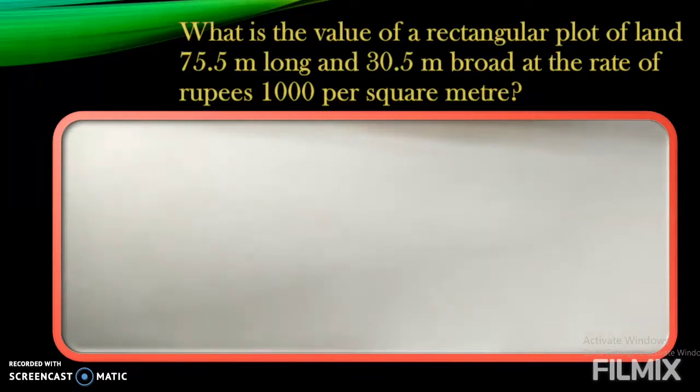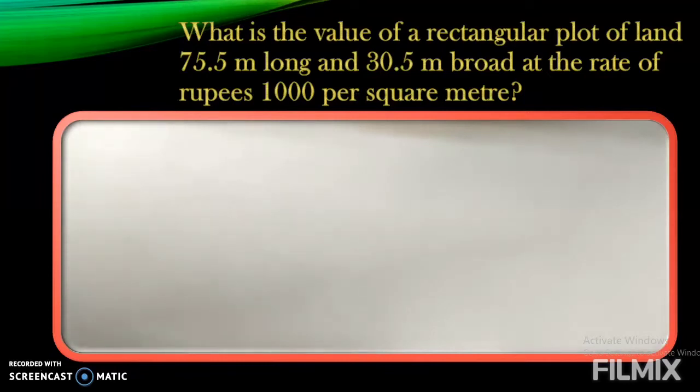Now here many students are getting confused that whether we have to go for a formula of perimeter of rectangle or area of rectangle. Now here in the question itself we have hint. So from that hint we will come to know whether we have to go for the formula of perimeter or area. Now have a look where they have mentioned about the rate. It is given the rate of 1000 rupees per square meter. Here after word per what is given? Square meter. So this is the hint, square meter.